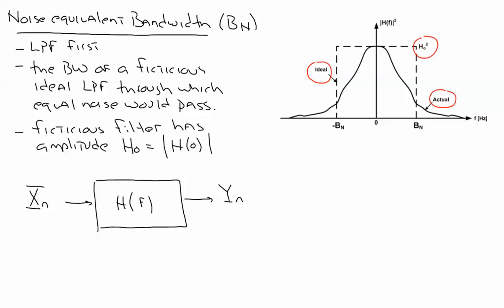Okay? So I've got some noise process at the input, pass through my filter with transfer function capital H, and I get some sort of filtered process at the output. All right, let's do the math. The output power spectral density equals